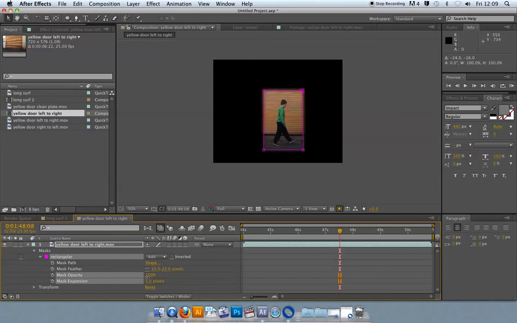Okay, that's basically it for masks. They're very simple to use. The difficulty comes in the actual nuts and bolts or practice of rotoscoping, which we'll look at now in a minute. So just